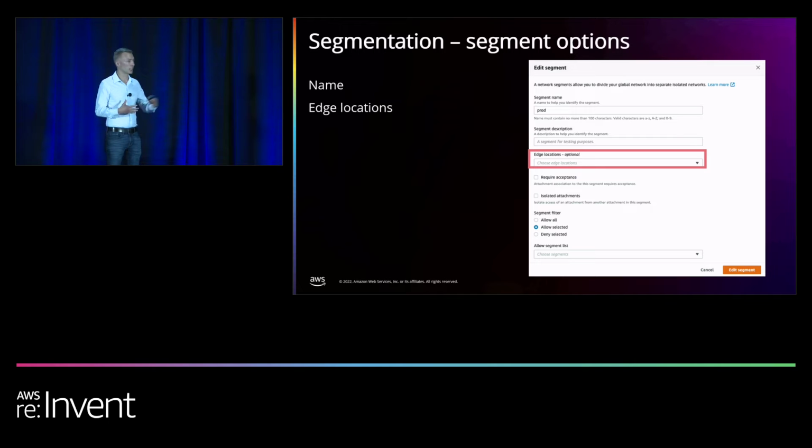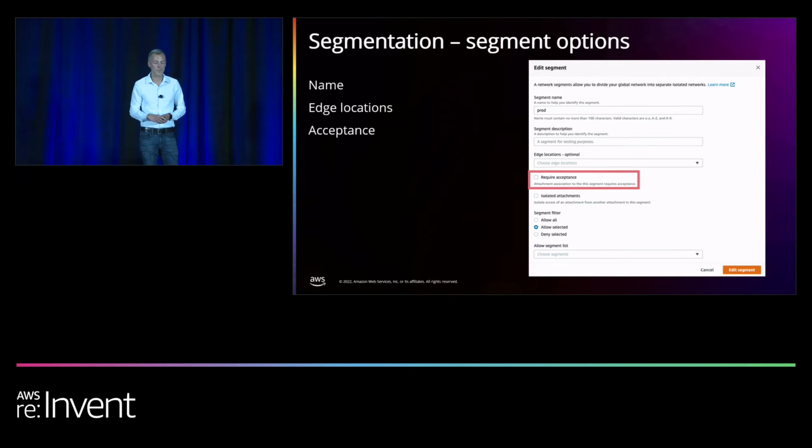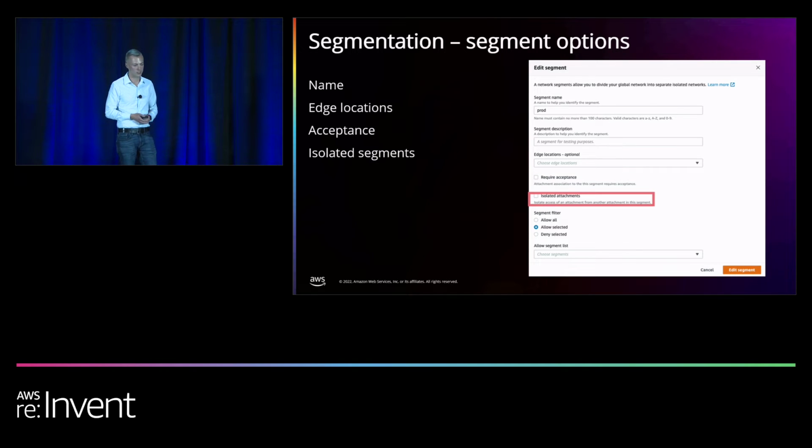By default, a segment will expand all of the global configuration and every edge location. You can explicitly say for regulatory and compliance, EU can only access this segment. So you can get really granular at the region level to your attachments to the Cloud WAN and make some of those regulatory and compliance options built into your network infrastructure, which is kind of unique. Here, the require acceptance, which we were talking about, you can choose whether to require that or not. If you want an additional layer of control, certainly do that. If not, then that's one less step.